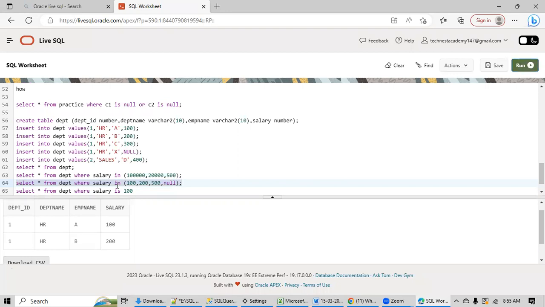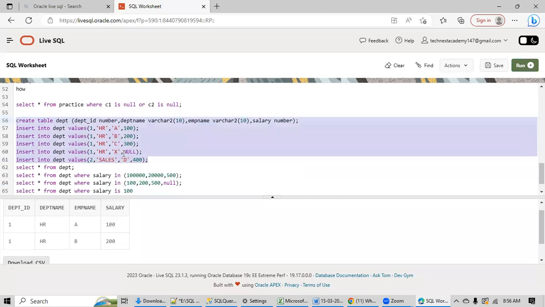So he learned that we can use the IN operator. He used the IN operator and wrote 100, 200, 500, null. He executed the query and told us, sorry, you don't have any null in the table. So we were under the impression that there is no null. But actually, is null present in this table or not? It is present. Null is present. So what happened when the Power BI developer